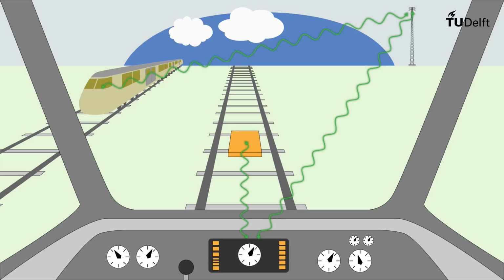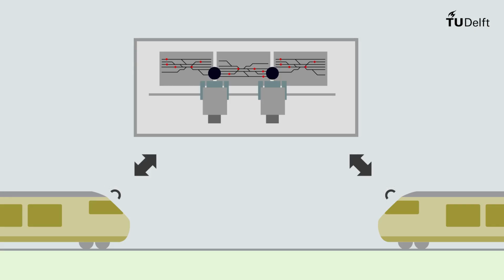This is a high-end control system to increase train frequency in a safe way. But it requires a communication link between each train and the control center. The required train separation distances are calculated so train drivers can be updated on their allowed velocity. Moving block operations are still under development, but will become the standard in the near future.